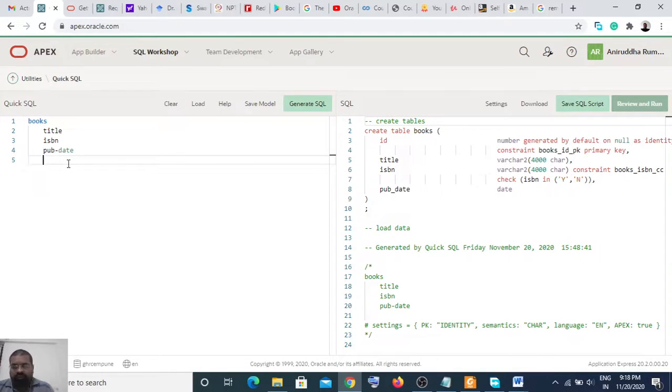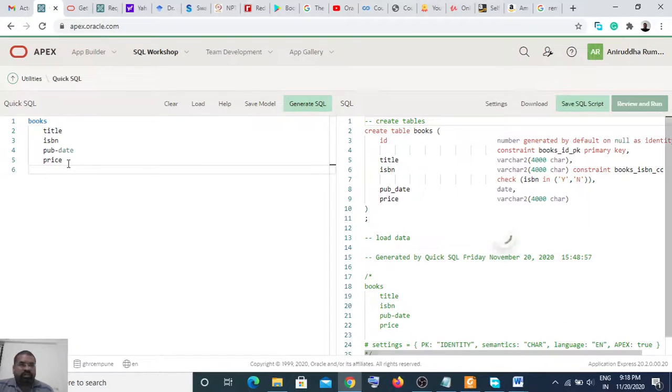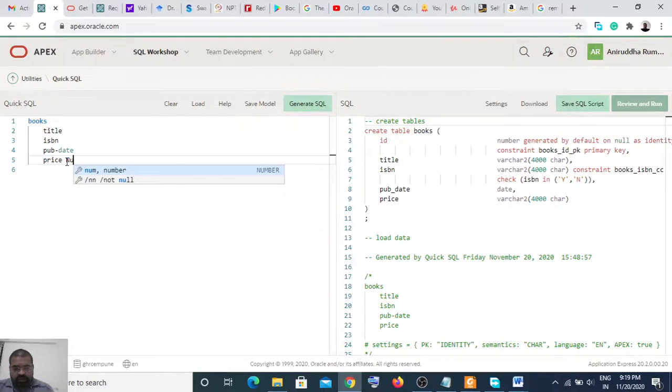A book also has a price. Yes, so go with the price. If you go with price and enter, it adds the price. I just want this price as a number, so I can give the type of that particular attribute. So I'm saying price as a number.